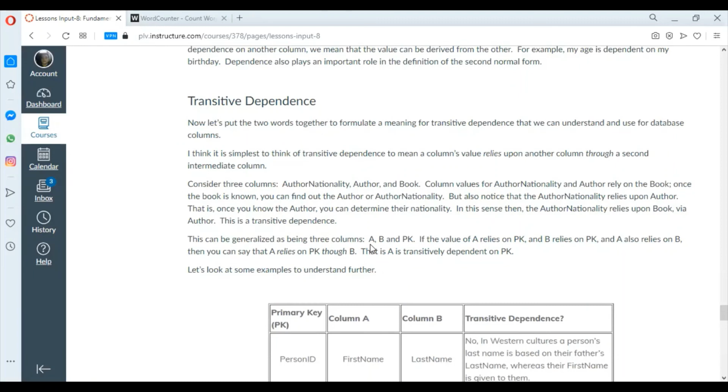Transitive dependence. Now let's put the two words together to formulate a meaning for transitive dependence that we can understand and use for our database column. I think it is simplest to think of transitive dependence to mean a column's value relies upon another column through a second intermediate column. As I have said earlier in our example, if A functionally determines B and B functionally determines C, therefore